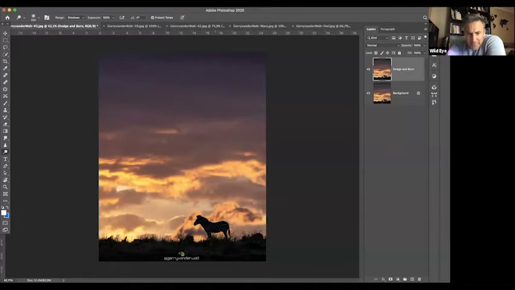Now, I'm going to come down, and I'm just going to paint over my zebra. Watch. 1 stroke, 2 stroke, 3 stroke. Now I'm going to just do a bit on the face. So I'm just clicking on him.